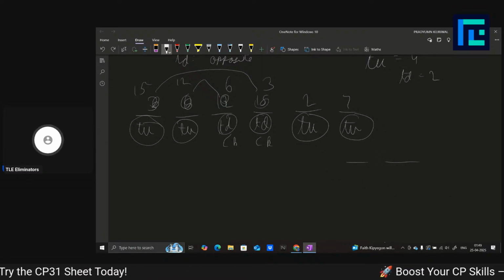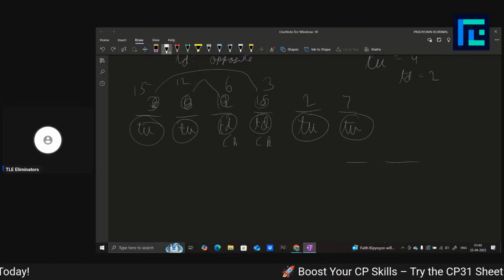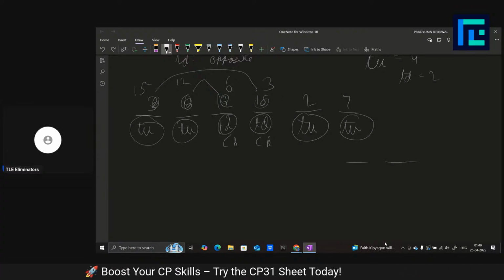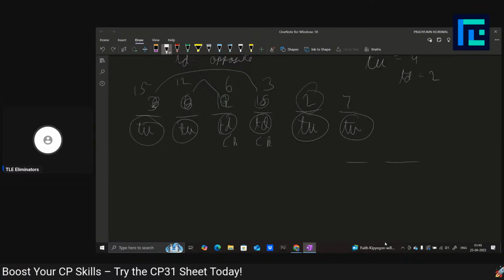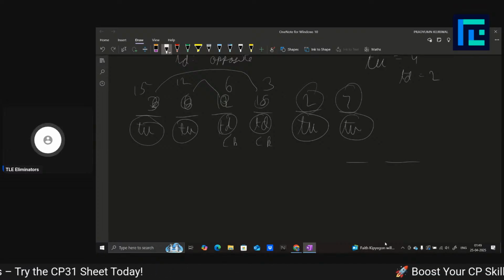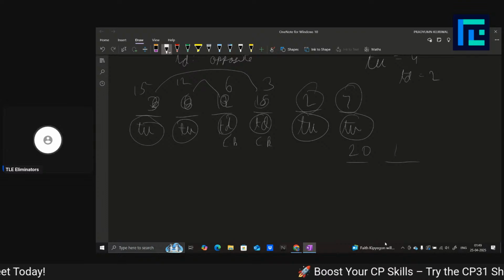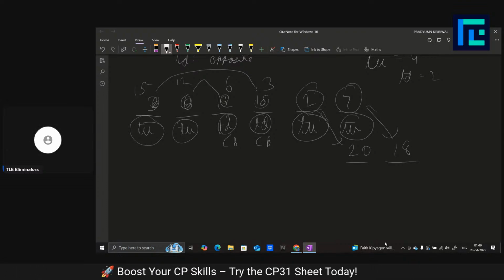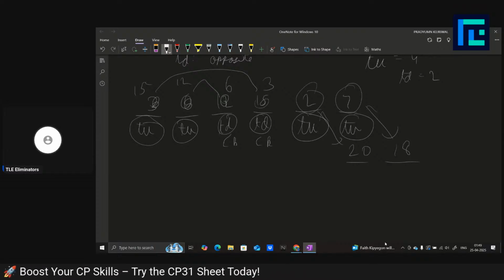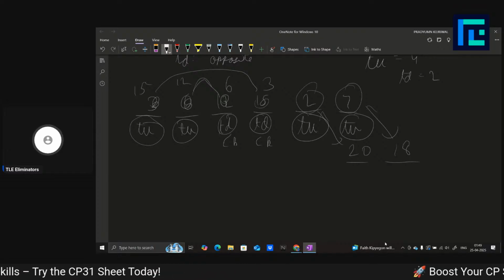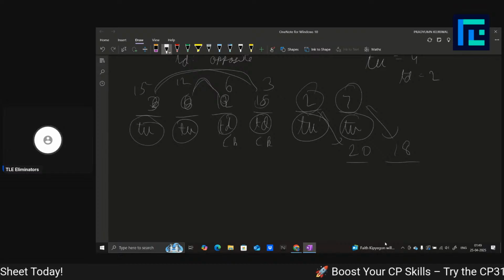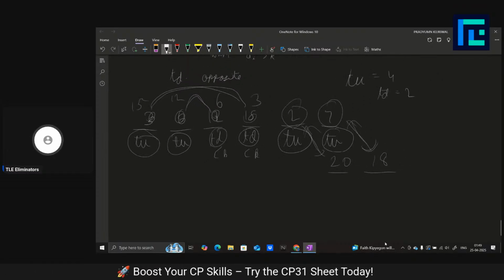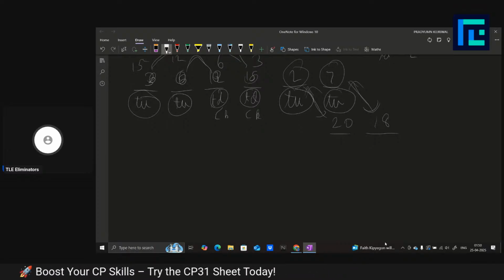During the binary search, I am not even checking them, so I can just take them and swap them with this. Of course I have to choose this, and let's say I have some index where there is 20 and where there is an 18, so I can just swap this 2 with 20 and 7 with 18. So essentially I am pairing some tu and td, and for the remaining tus I am pairing with external. So you can verify that I am definitely taking 2 into